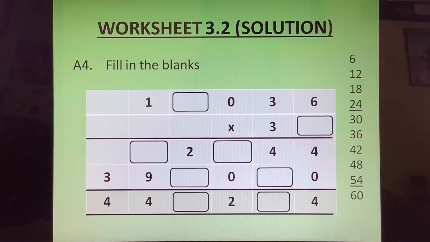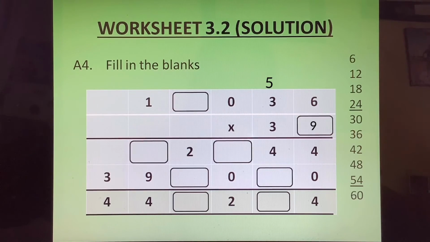Now let us try 4. 6 4s are 24. 2 on top and 4 at the bottom. So when we write 2, then 4 3s will be 12 plus 2, 14. Which satisfies the question till now. Okay. But let us try 9 now. When we put 9, we get 6 9s are 54. 4 is already written, which is correct.